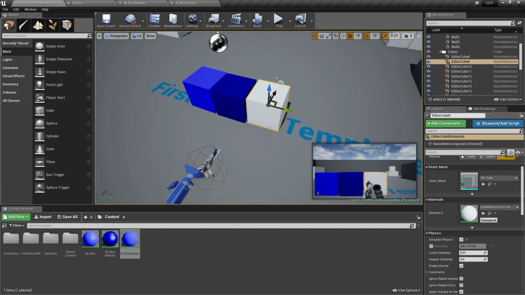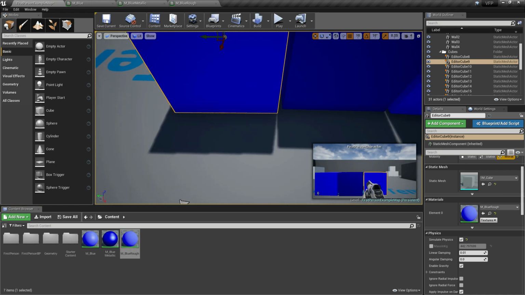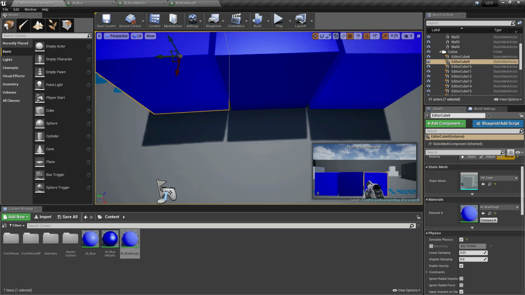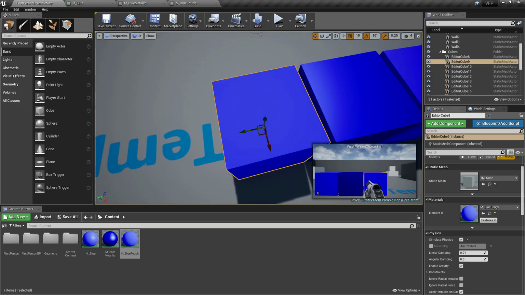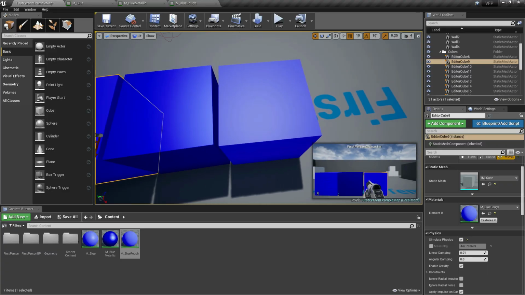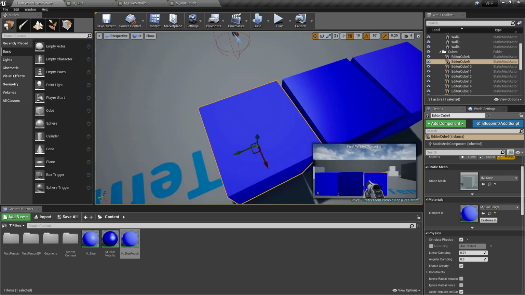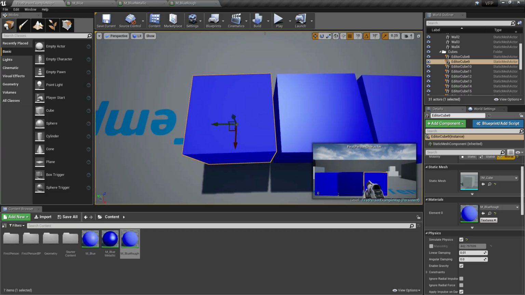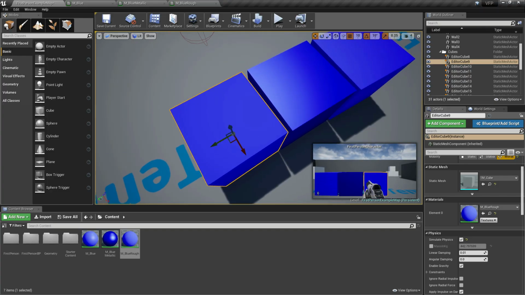Then let's apply the blue rough material that we created. And as you can see, this is what the roughness looks like in the actor. Compared to the basic blue material, we can't see any reflection of the light in this rough blue material because we applied the complete roughness of the texture.